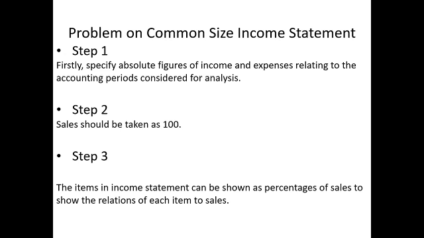Percentage only we are calculating against the total sales. So for example, if total sales is 10,000 and in that 4,000 is the cost of goods sold, so easily you will come to know that percentage of cost of goods sold. So 4,000 upon 10,000, if you do that, so you will get 40% as the cost of goods sold percentage. So clear? So first redraft the profit and loss account.